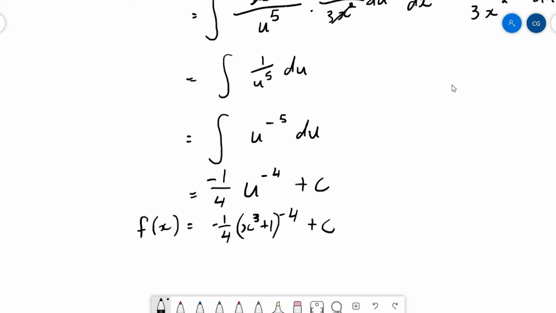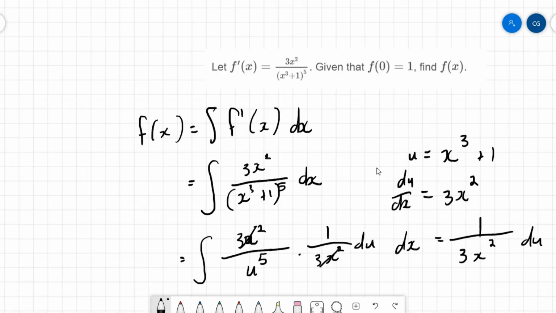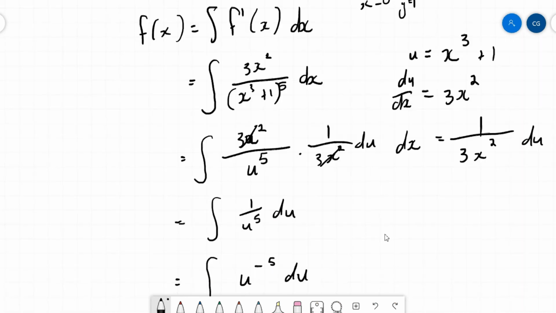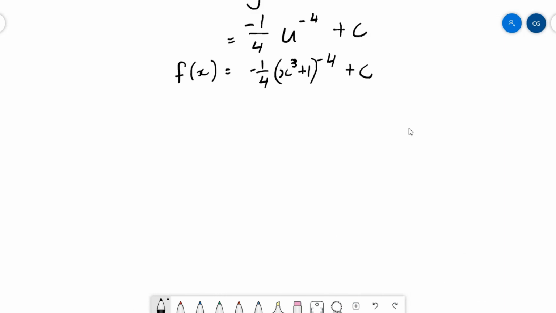Now they gave us an initial condition. They said when x is equal to 0, then y is equal to 1. So I can replace x with 0 and I can replace y with 1. So y is 1 when x is 0. So this will become